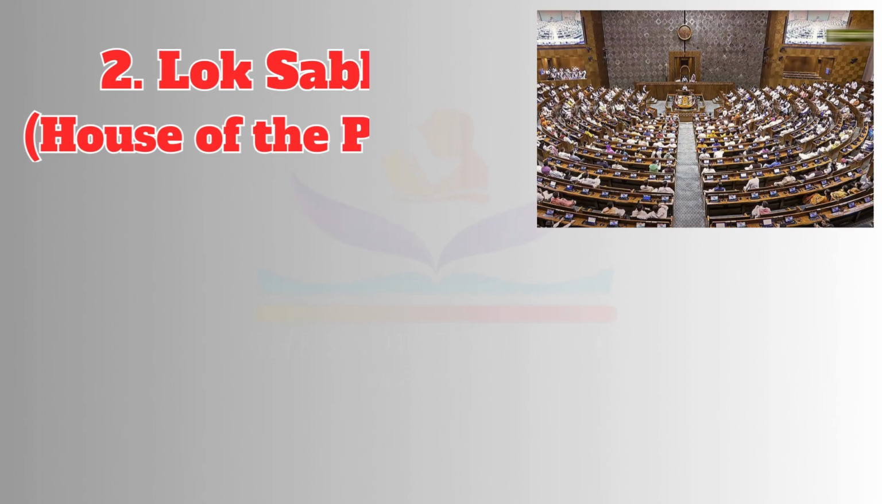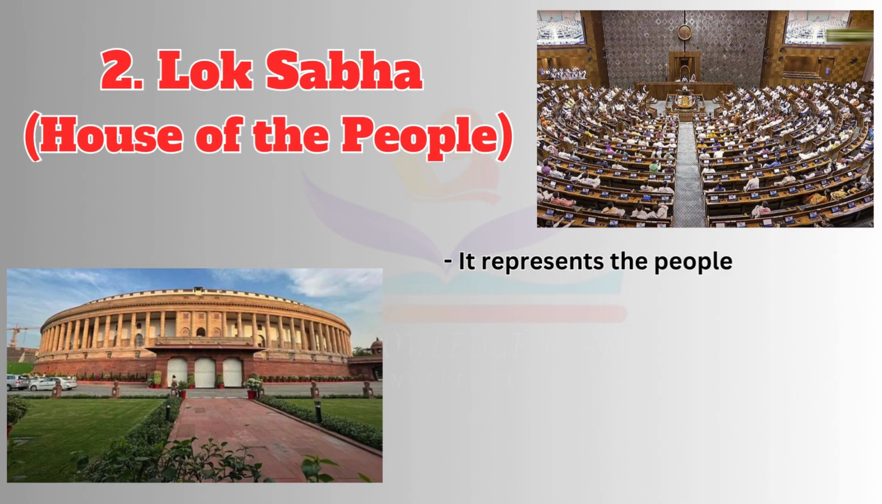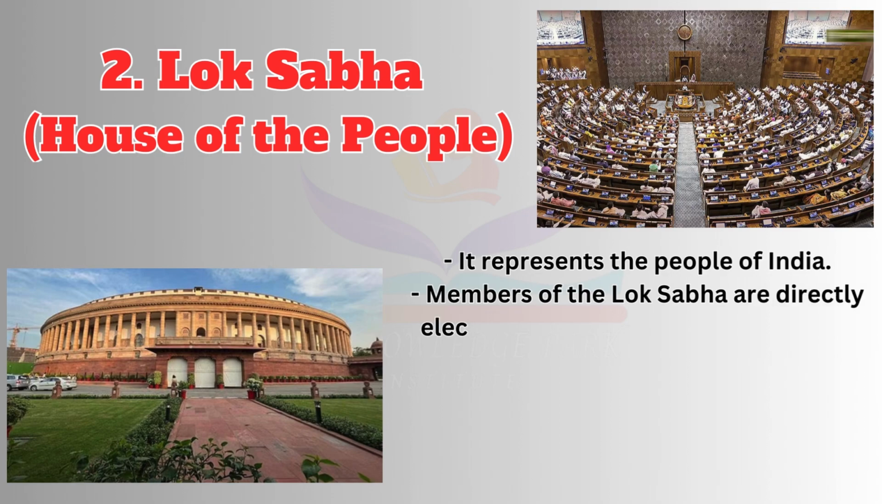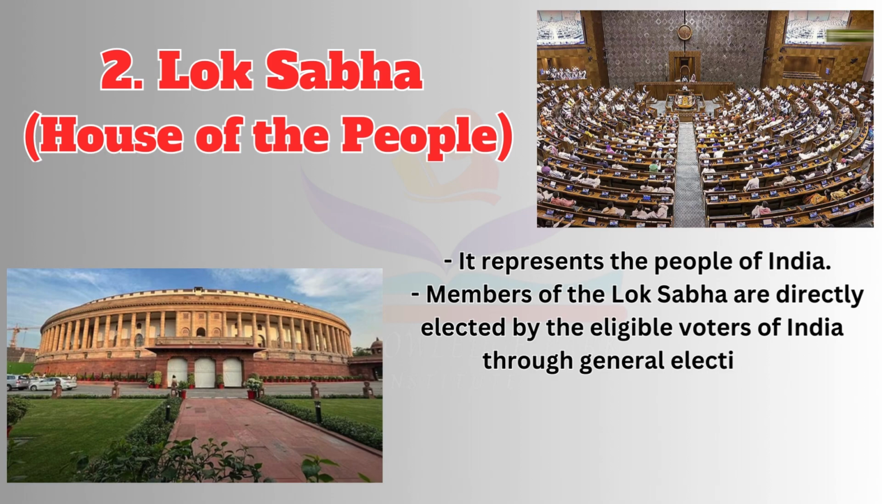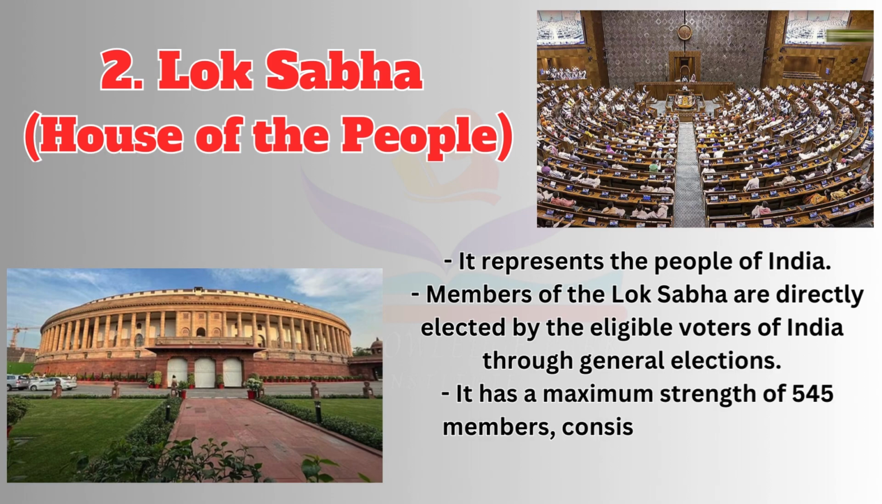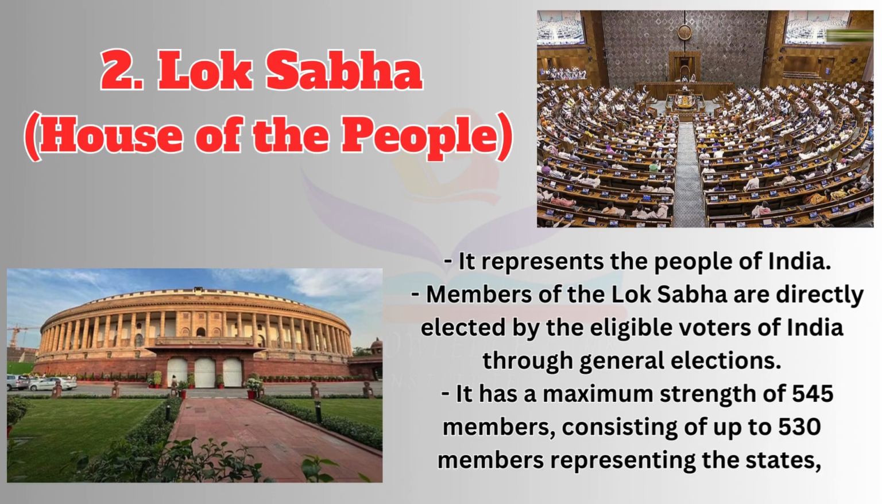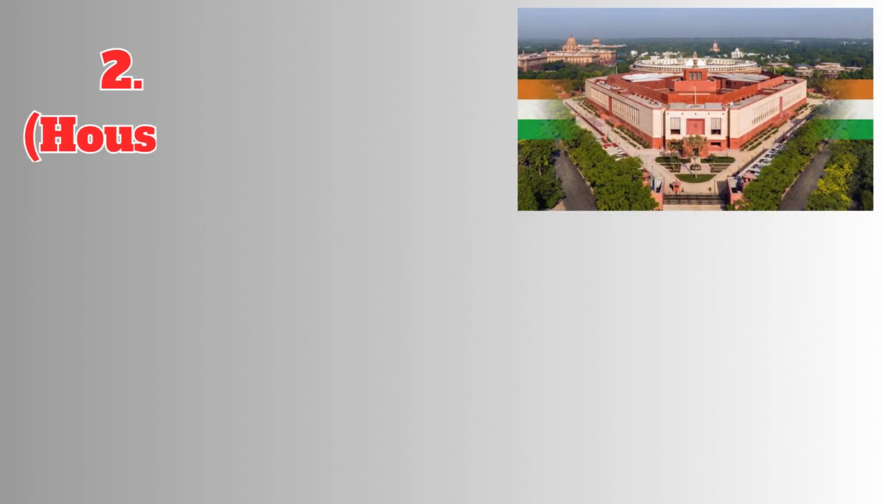2. Lok Sabha, House of the People. It represents the people of India. Members of the Lok Sabha are directly elected by the eligible voters of India through general elections. It has a maximum strength of 545 members, consisting of up to 530 members representing the states, up to 20